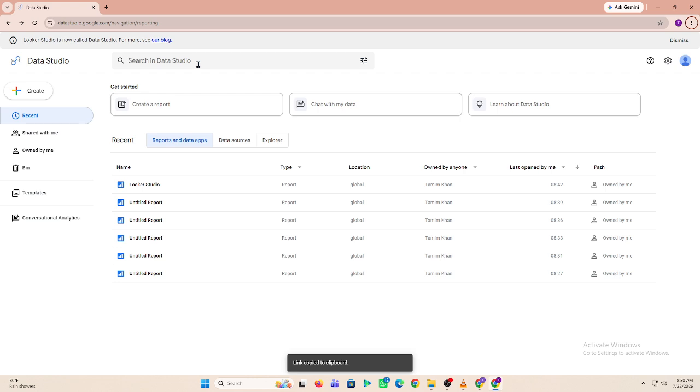Hey everyone, want to filter data in Looker Studio? In this video, I'll show you how to filter data step by step. Filters help you display only the information you need, making your reports cleaner, easier to analyze, and more useful